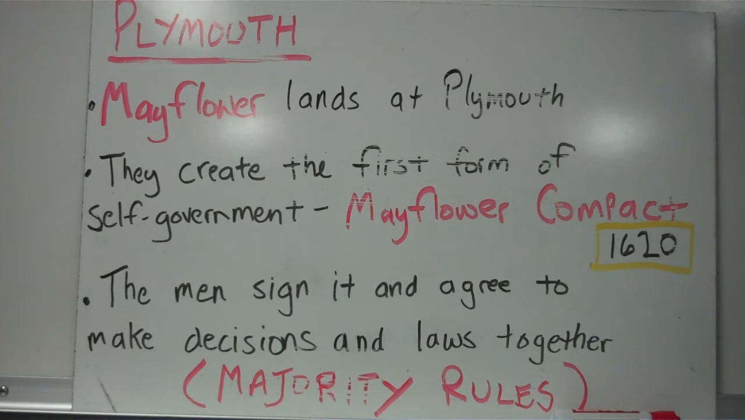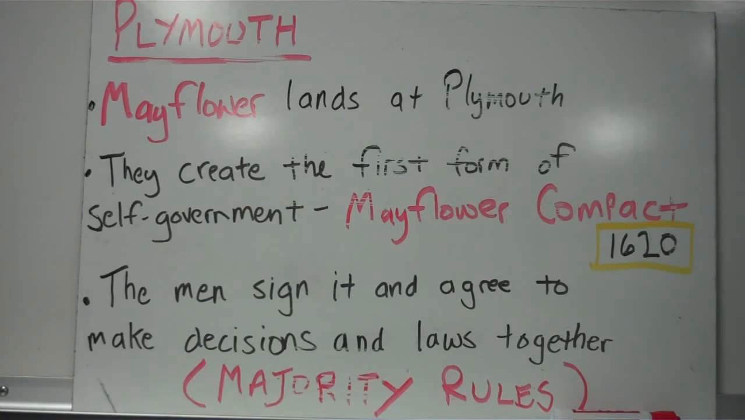Of course, you all know the story you've heard from childhood. The Mayflower lands at Plymouth. And before they even get off of the boat, they create what will be known as the first form of self-government, known as the Mayflower Compact. Now, the Mayflower Compact is a very important document in our history,